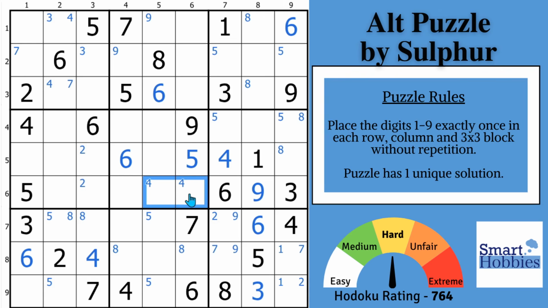And here we are stuck with traditional methods. This is as far as you're going to get. I want to thank you, Sulfur, for this wonderful puzzle. It's perfect for teaching XY wings because it gets you to a spot where you have to find when to move forward. And before I reveal my third tip on what to do next,